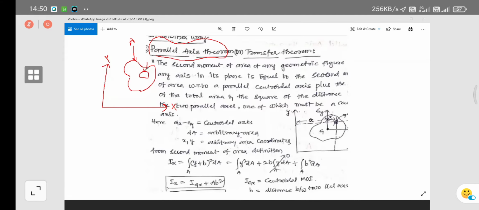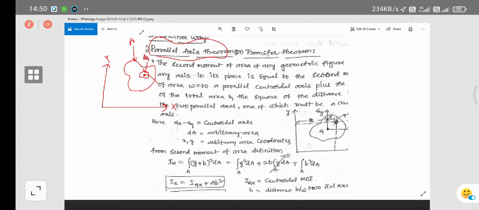The differential segment, or differential strip, or differential element, has the differential area small dA. If dA is the elemental area, now find out first of all the center of this differential elemental area. You will see here, this is the centroidal location of the elemental area. First we will find the moment of inertia for this element, and afterwards we will integrate within the limits of this particular lamina.